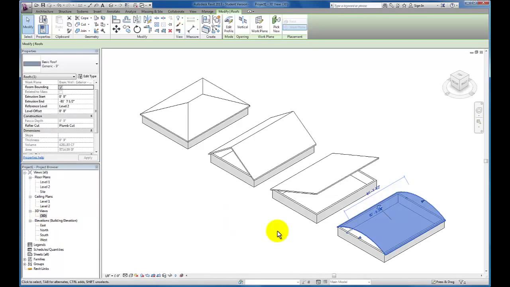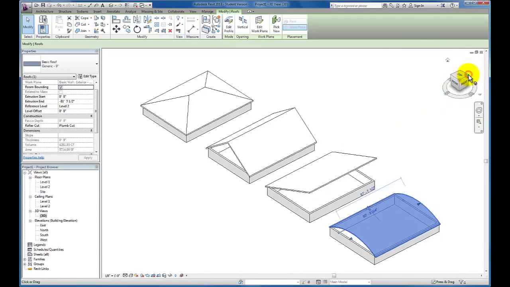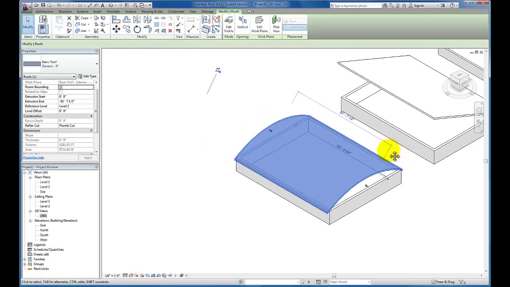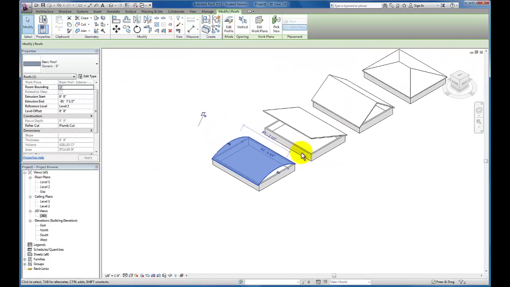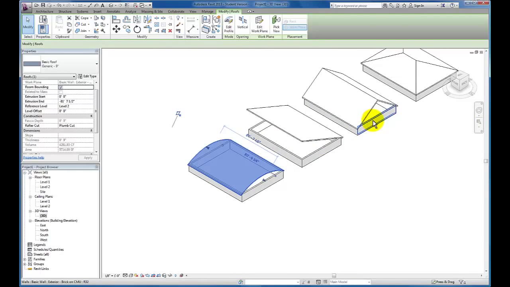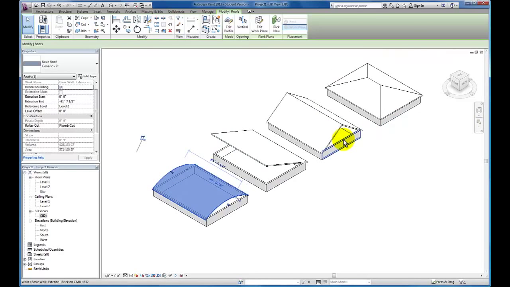So one last thing I want to take a look at with our roofs, I'm going to zoom in, zoom around our model, and we can take a look and just see that the walls currently on several of these options do not extend all the way to roof. So the way we go about fixing that, I'll actually select on these exterior walls,